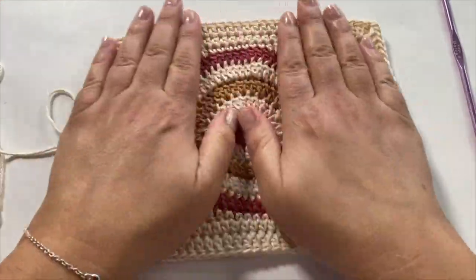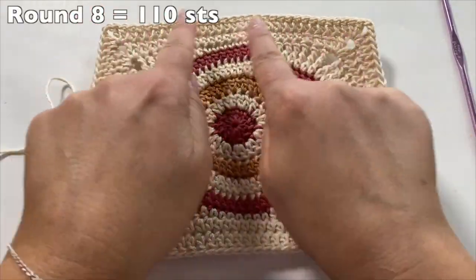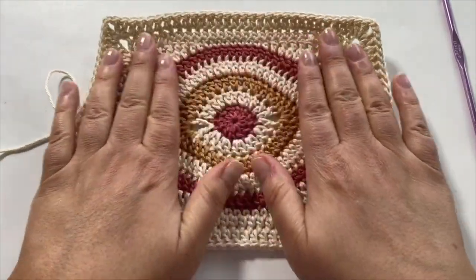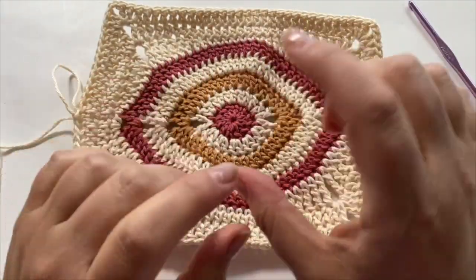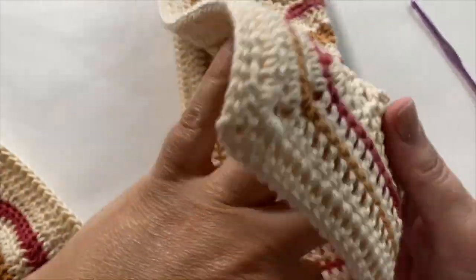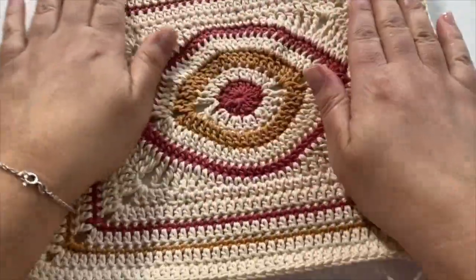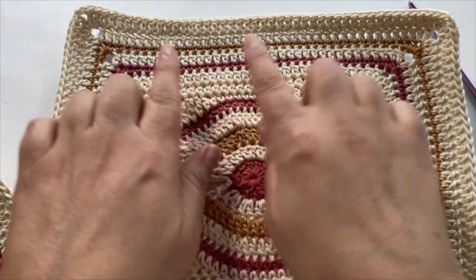Okay, so you have something that looks like that. And now you can really see that the rectangle is now taking its own shape there. Okay, so now what we're going to do is change colors. We're going to just thicken up this border a little bit. So just like we did here, and you can see then the rectangular shape just starts forming a little bit